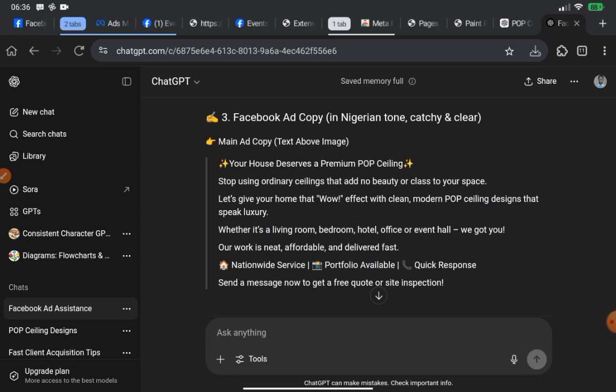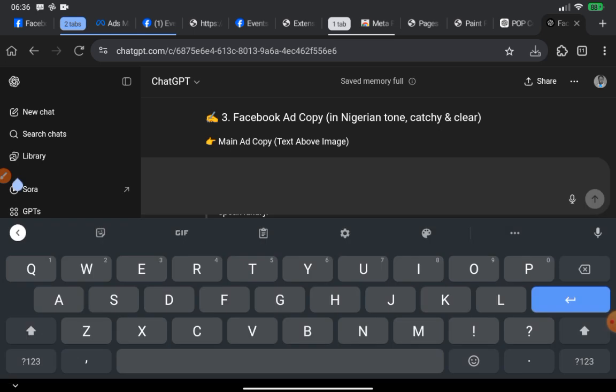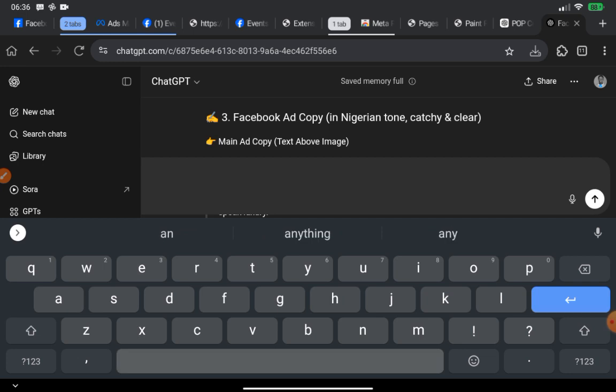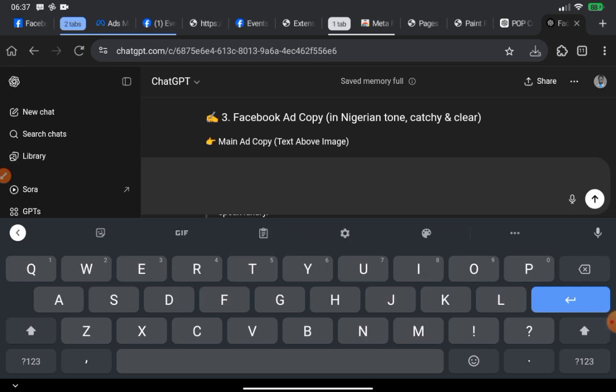Very good storyline. If I'm selling a product or I'm trying to render a service, I make sure I insert a very good story into it. It's a very captivating story. So to do that, let me now say I need an ad copy. Now, in an ad copy,